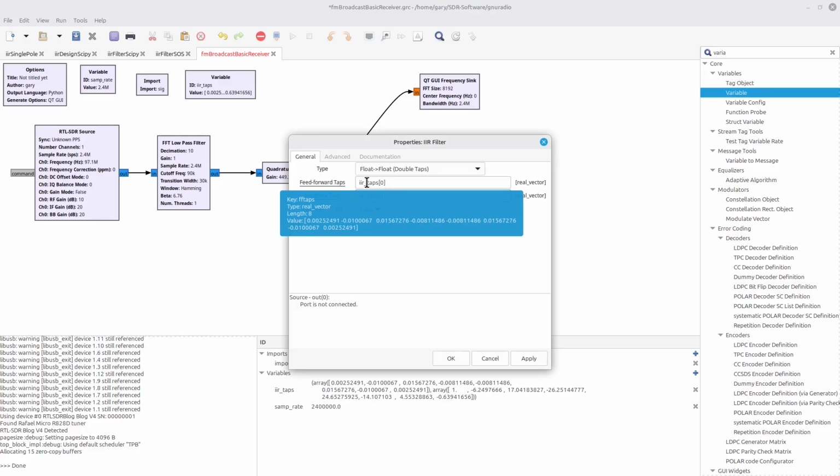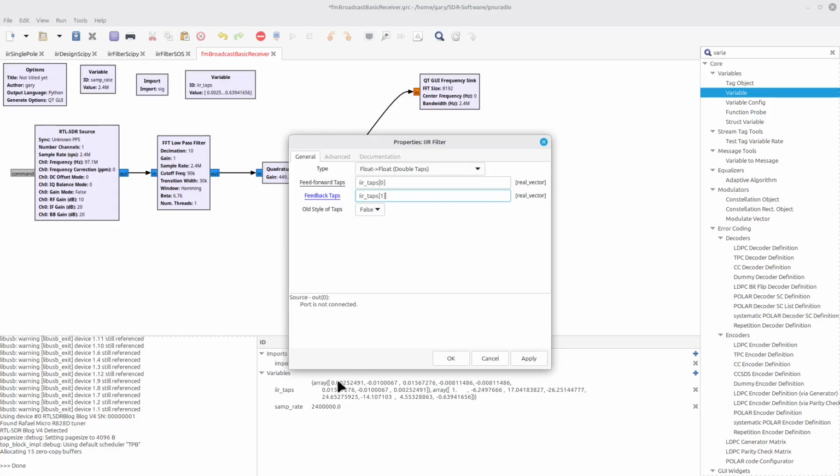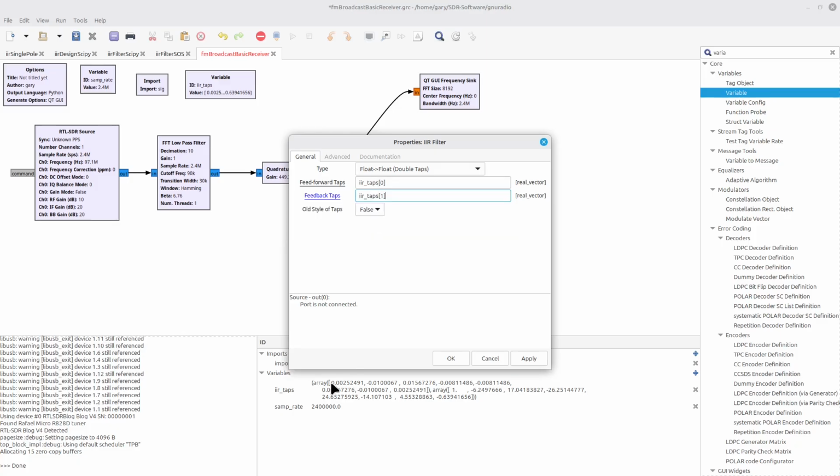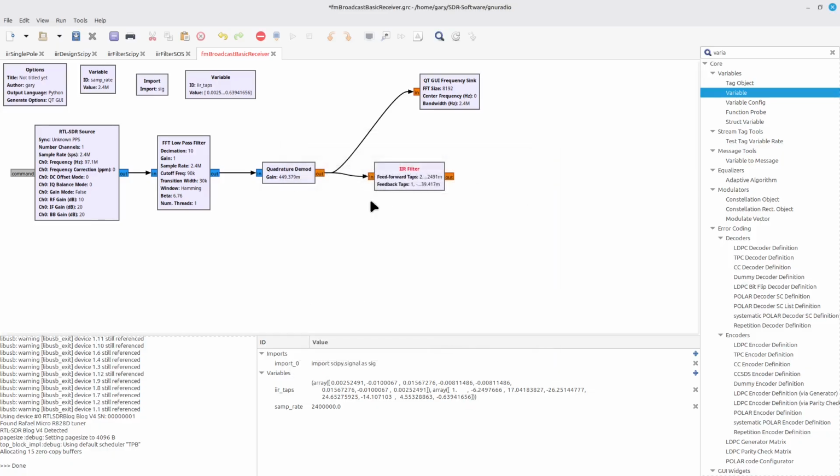Again, this refers to the first part of the array, this part right here. The second one refers to the second array down here. And I can even put my cursor over it to see what values it's pulling. And I can see that, yes, that matches these values down here. And do the same thing for the second one. If I click apply, notice that it's saying the exact same values as these ones down here.